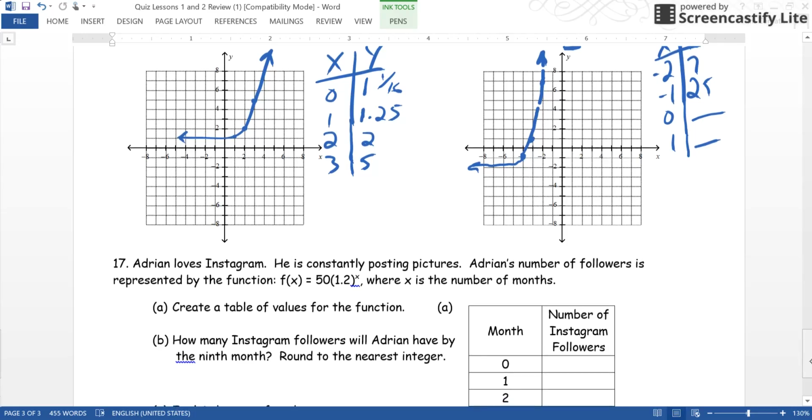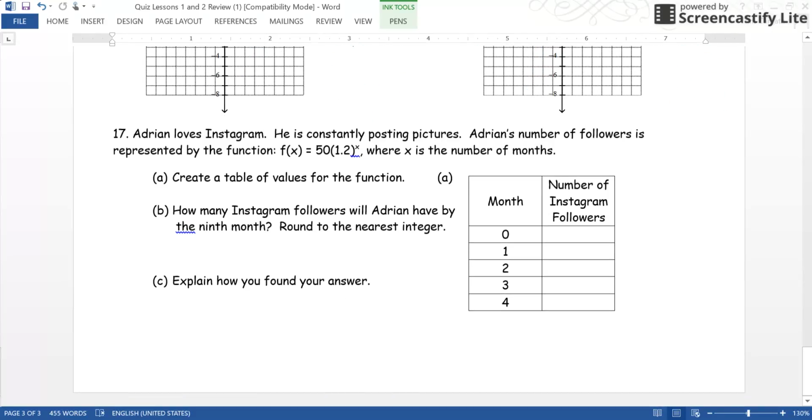Okay, last question. We're going to create a table of values for this function. So right into the calculator, we're going to put this right here into the calculator, and we get